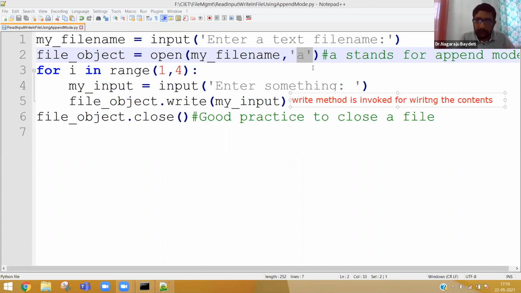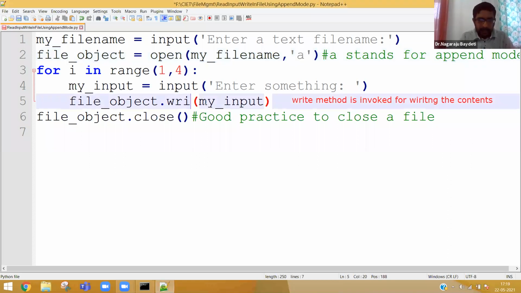Because there is a W for write mode, there is nothing like dot append. There is no append method. Write is a method. Either it can be used for write purpose or append purpose. Write is a method which writes something in a file. I believe you guys are understanding.